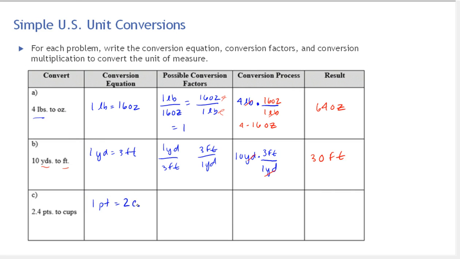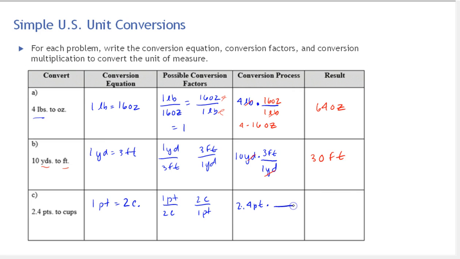And just use a C and a dot for cup. Okay, so we have 2.4 pints. First let's write our conversion factors. So we can write 1 pint over 2 cups, or we can write 2 cups over 1 pint. Now we want to take 2.4 pints,